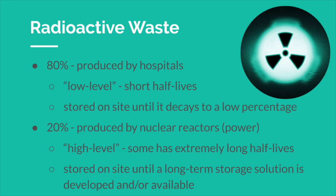It's definitely from hospitals. About 80% of the radioactive waste produced in a year comes from hospitals due to all the radioisotopes used in the diagnosis and treatment of disease. Only about 20% of our radioactive waste is produced from nuclear power reactors to generate electricity. The hospital's waste is considered low-level waste because it primarily has short half-lives. So after a while, if you store it locally, it will decay to a low enough level that it isn't